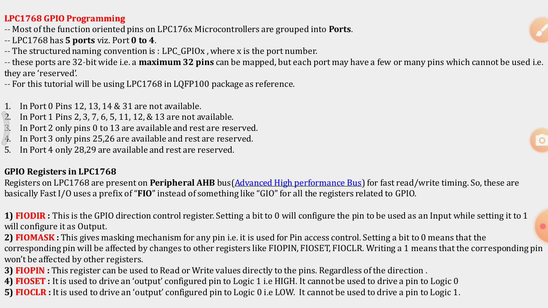FIOMASK, fast input output masking. This gives a masking mechanism for any of the pins, that is, it is used for pin access control.